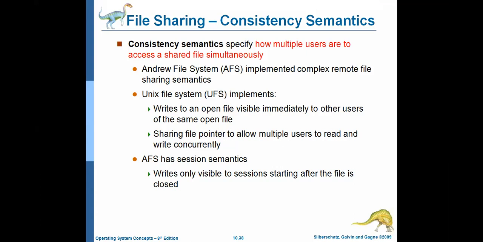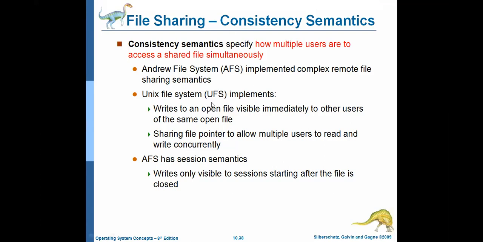And if you go for a bank transaction, there also it needs to appear as 10,000. That means when the data is shareable to many, the data needs to be the same, and that is called consistency. There are two types of consistency semantics. The first one is the Andrew file system, and the second one is the Unix file system.